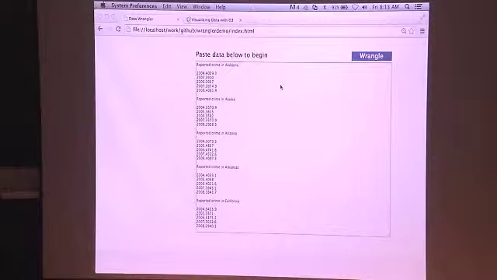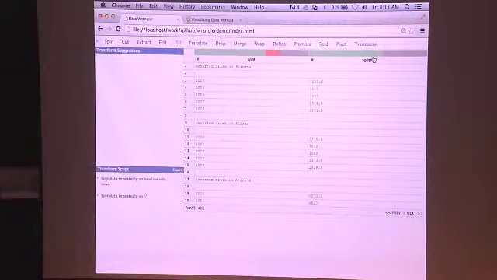So here's the basic Wrangler interface. You could upload data in various ways. You might be sitting on a cluster or on a server. You might upload it. In this case, for demo purposes, we'll just copy and paste a relatively small data set into the system. And you'll recognize this as a simplified version of the housing crime data we just saw. So I click Wrangle,